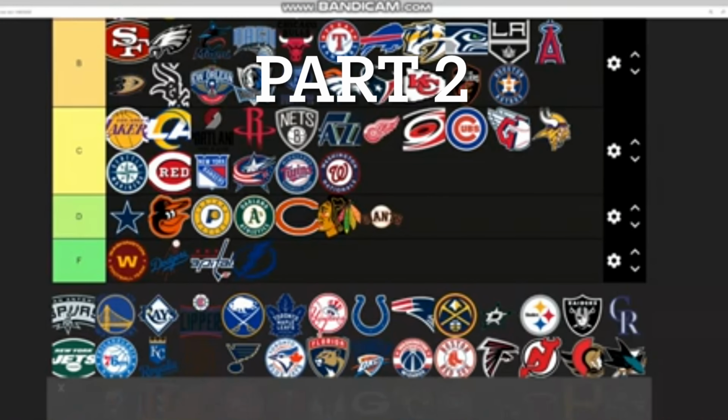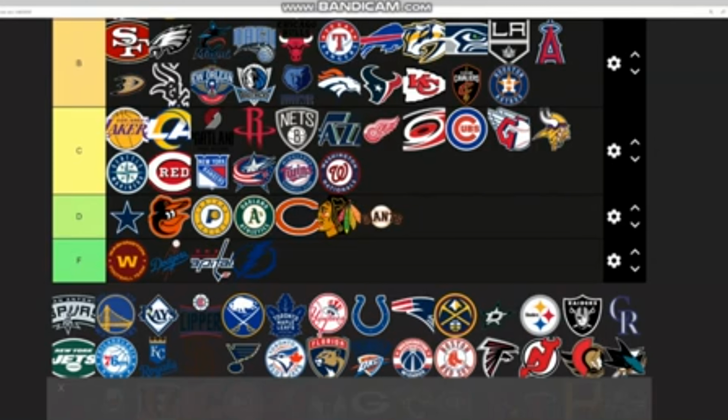Antonio Spurs. Wow, all these basketball teams coming out of nowhere. Yeah, I don't know what that is. A spur. Is it those things behind the cowboy boots or something? And I don't know what I'm looking at. What is that? It looks like a...